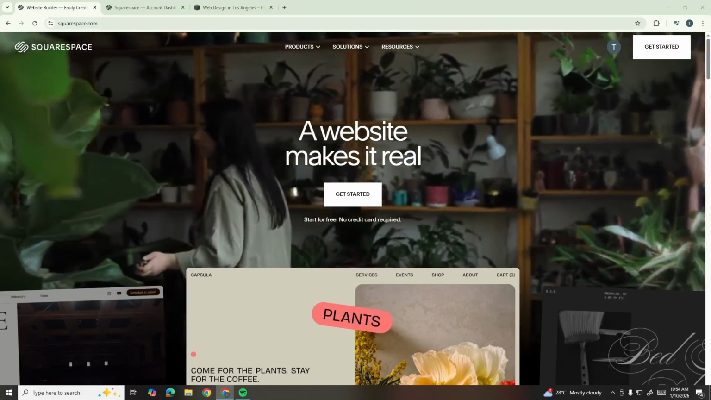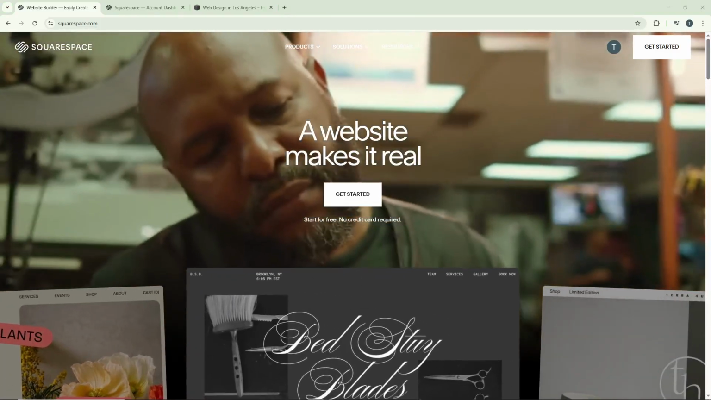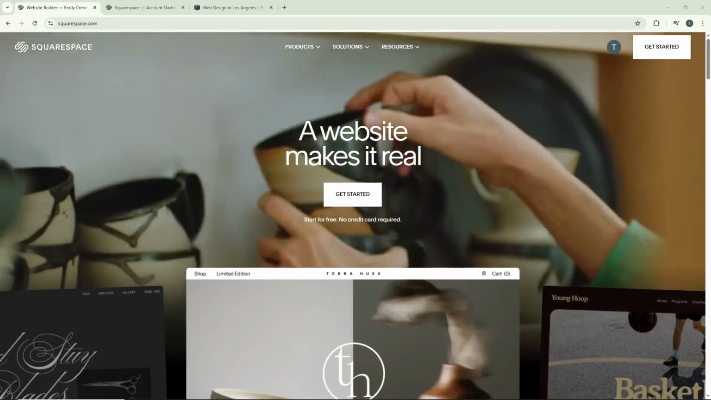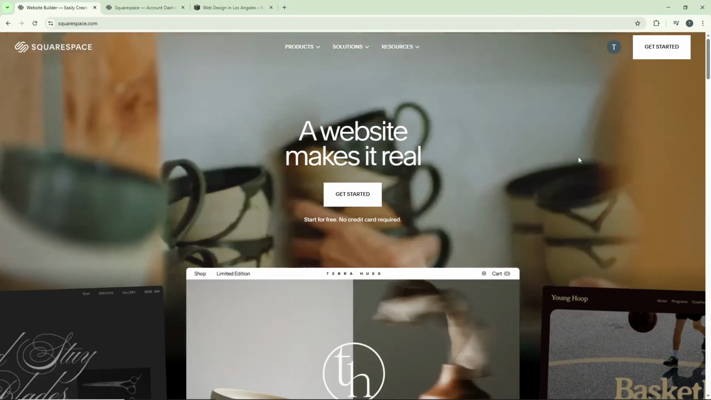Welcome back, everybody. Today, I'm going to teach you how to add product tags in Squarespace. Product tags are essential for organizing your inventory and helping customers filter through your products more effectively, making their shopping